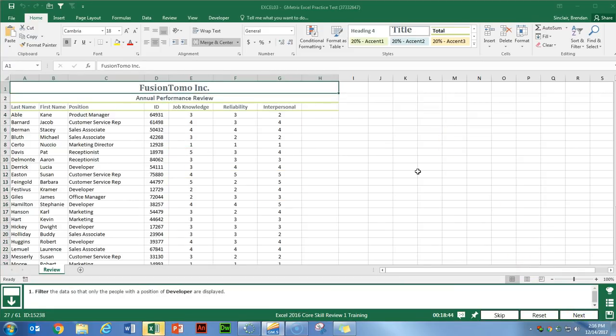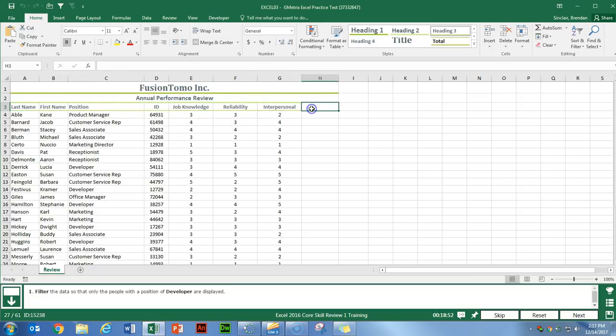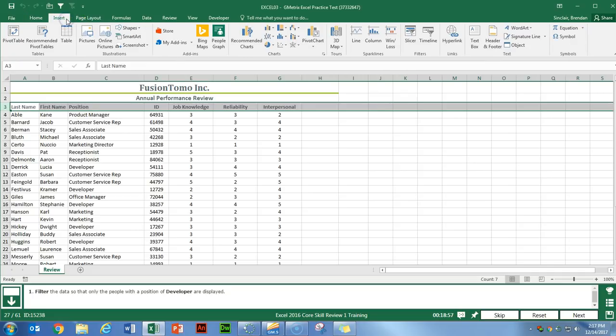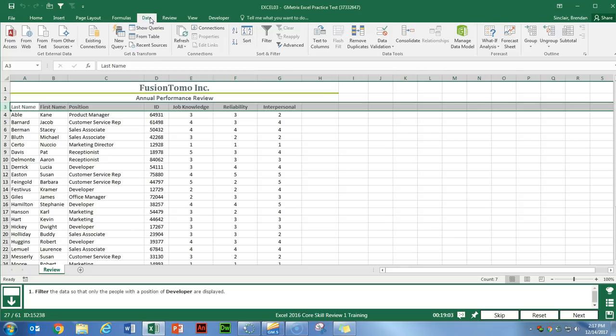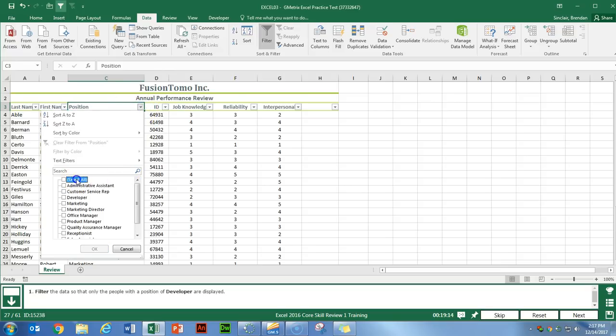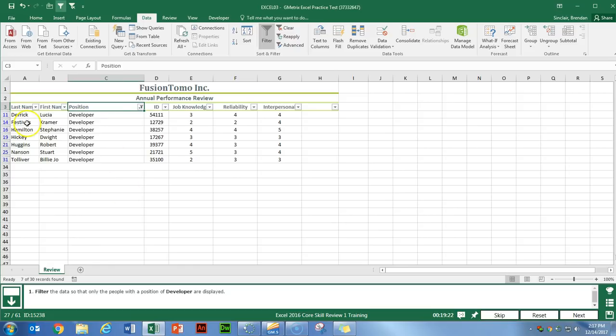Task 27 asks us to go ahead and filter the data so that only people with the position of developer are displayed. So what we want to do is actually just apply a filter. And so we'll select that range, or you can just highlight the row. We want to go to the Insert tab here at the top. My apologies, we want to go to the Data tab. And in the Sort and Filter, we want to select Filter. Notice it went ahead and it gave us these drop-down boxes. And then under Position, we want to do unselect all. You could type in here, but what we want is this developer checked, and only those people are